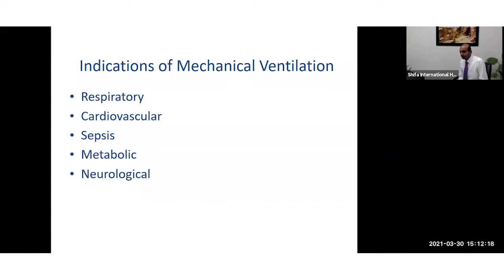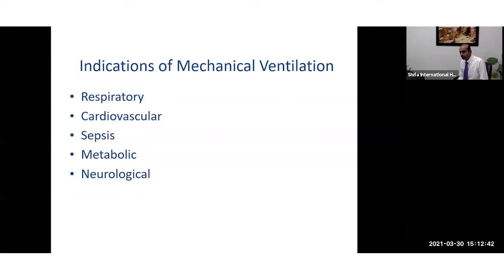And then another big group of babies who need mechanical ventilation is neurological. The commonest of these is hypoxic ischemic encephalopathy due to perinatal hypoxia and ischemia. So these are the babies who are compromised at the time of birth. They're encephalopathic and they're not breathing, so they need ventilatory support. Apart from hypoxic ischemic encephalopathy, there is another group of